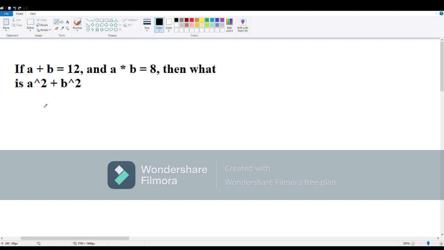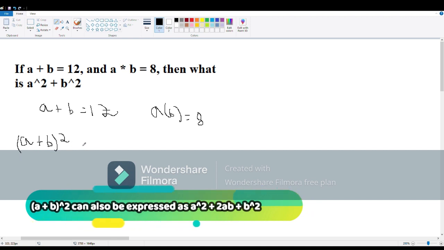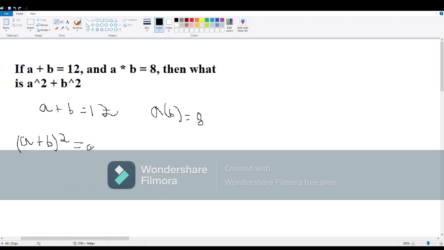So first we want to write the problem out. a plus b is equal to 12, and a times b is equal to 8. Now, we can solve this problem by first realizing that if we do a plus b in parentheses, so that means we want to solve for a plus b first, and then we'll have to square it. Well, this would be equivalent to a squared